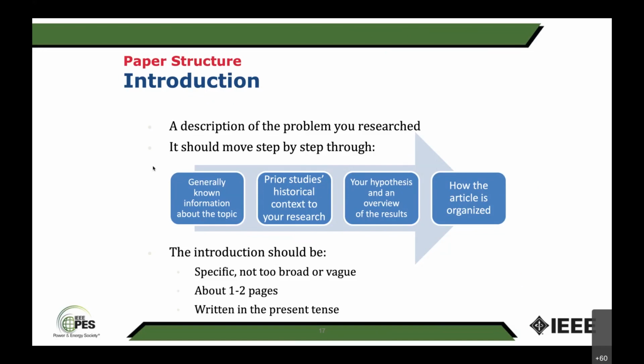What do you mean by hypothesis? A hypothesis is, I believe by using a neural network, I can build an algorithm which is as good as what is in the literature, but it'll be faster, because you know how a neural network converges. That's a hypothesis. Then you run the model using neural network methodology and see whether your hypothesis is true or not. That's what you mean by the overview of results. And then you talk about how the paper is organized, meaning introduction, your methodology, results, discussion, and conclusion.